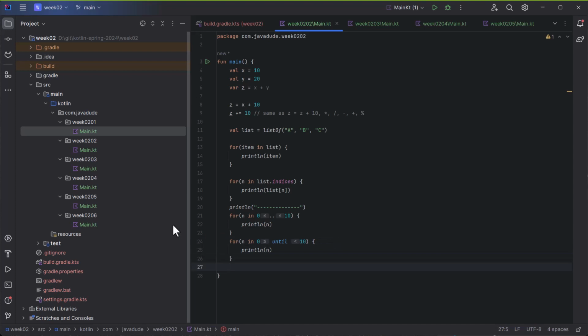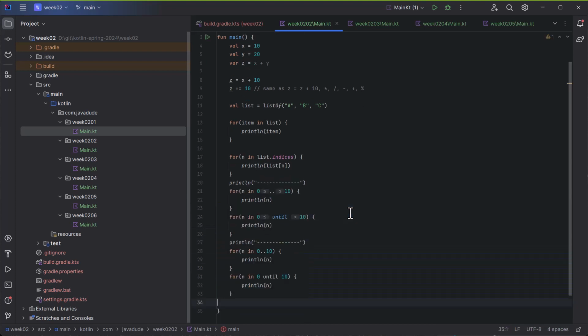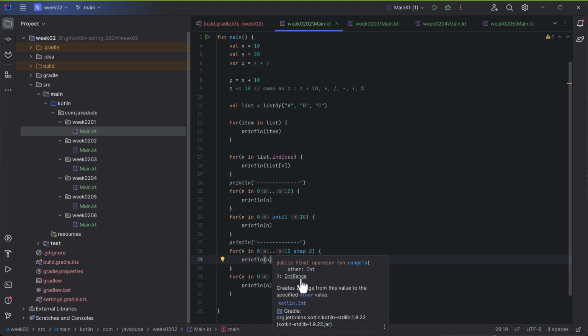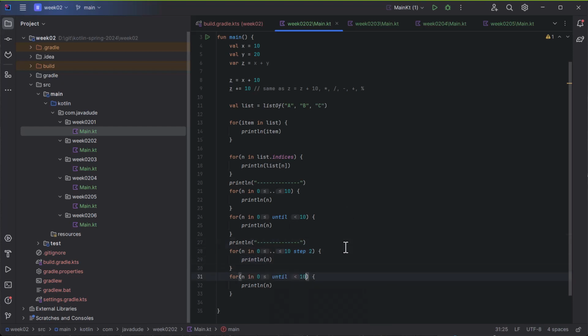Okay, so let's do a couple others in here. Let's say that we're going to walk through these, but we want to count by 2. I can say step 2, and this will add 2 each time. So in this case, I should see 0, 2, 4, 6, 8, 10. If I did this with an until, I'll just see the 0, 2, 4, 6, 8, because 10 doesn't count in that case. Going backwards,